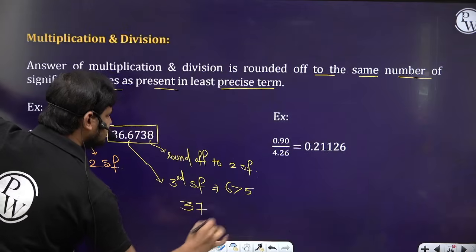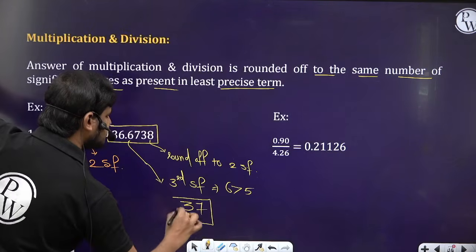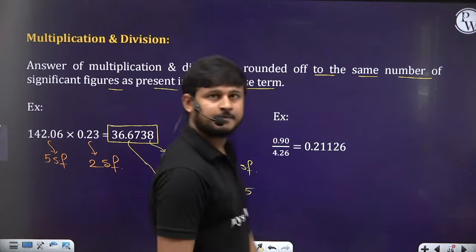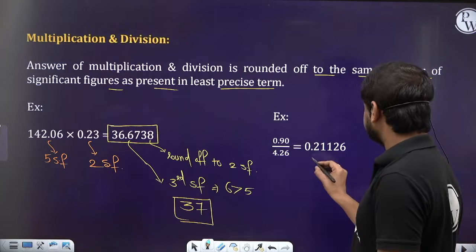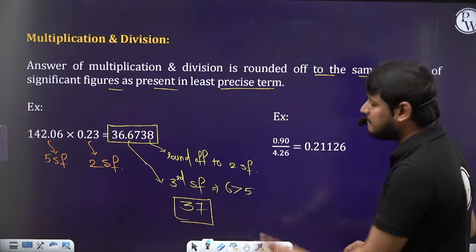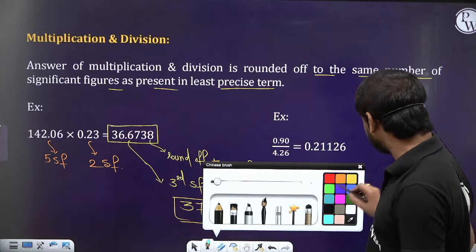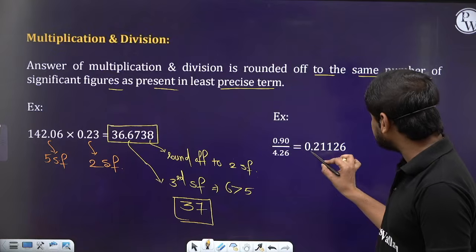So increase the second one by 1, which is nothing but 37. Clear? Chalo. So next, 0.90 by 4.26. So this answer I already wrote,